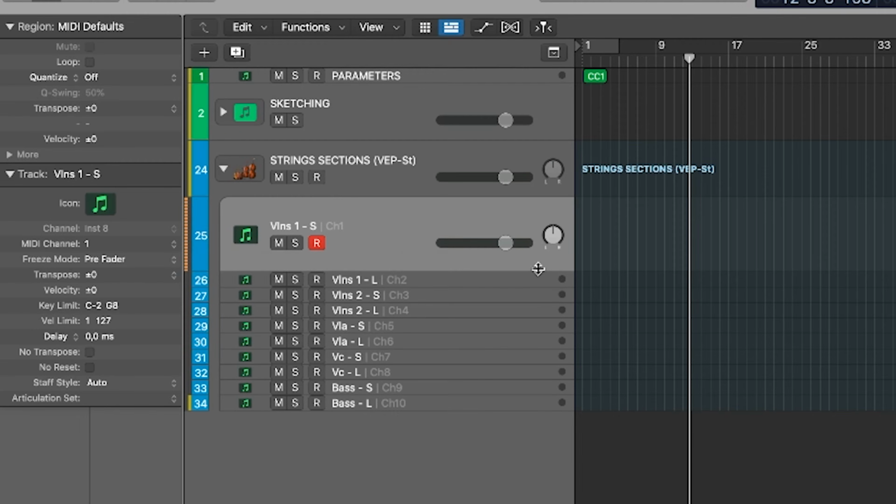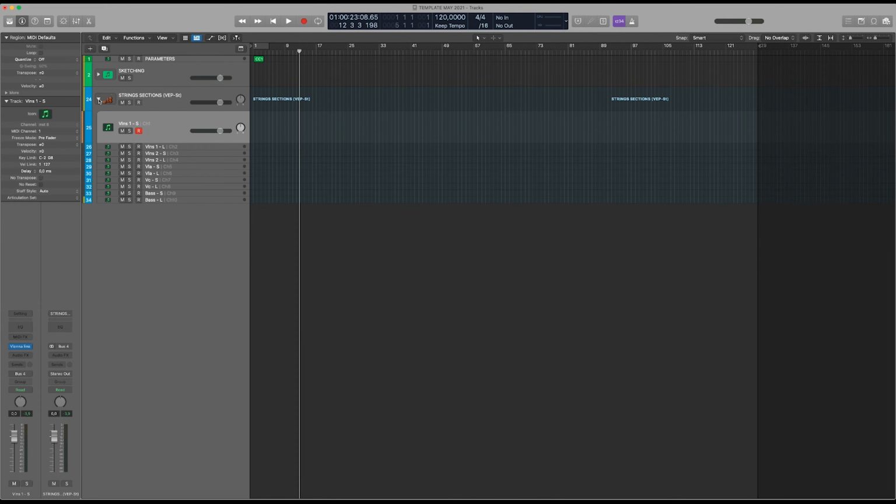I can also divide, for example, violins and violas in a bus of high strings, and cellos and double basses in a bus of low strings, and each of them routed to what's short and what's long, because according to that we will probably apply a slightly different EQ at the end of the composing process, when we are ready for mixing. It's also useful for exporting stems. So that's the reason why I do it,